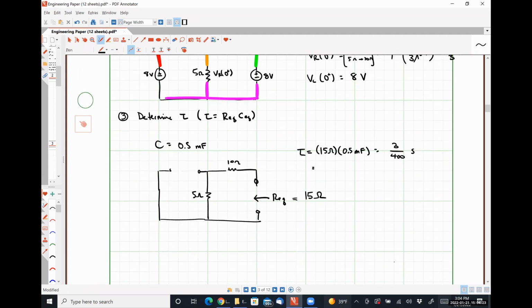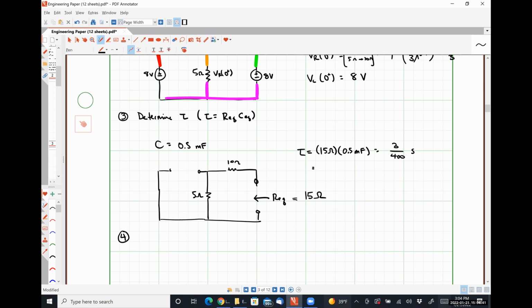Is everybody okay with the analysis here we did to determine our time constant? Nobody seems to be raising any sort of objection. So let's move along. Our last step